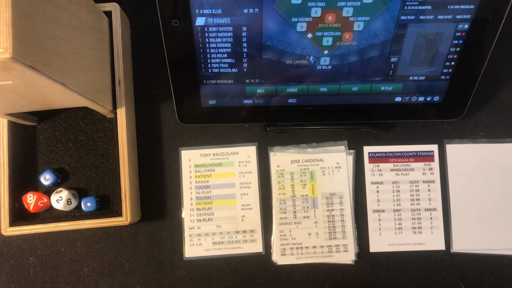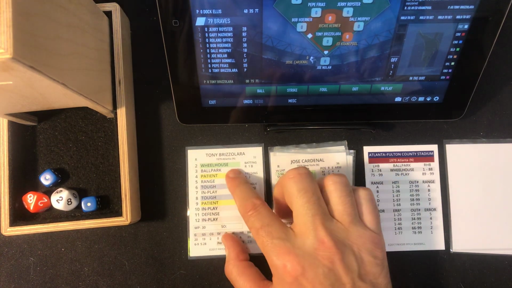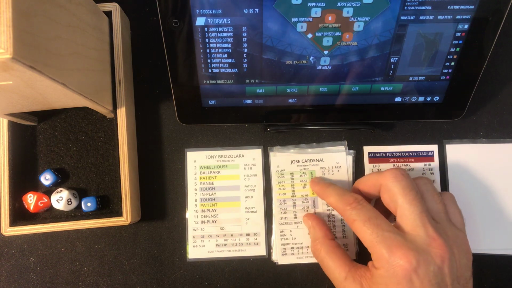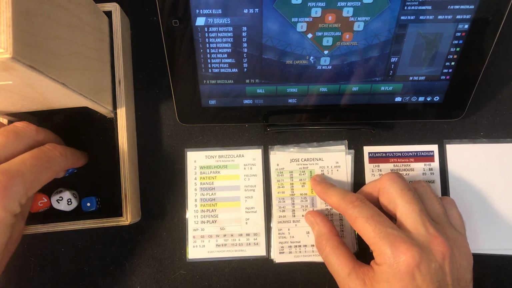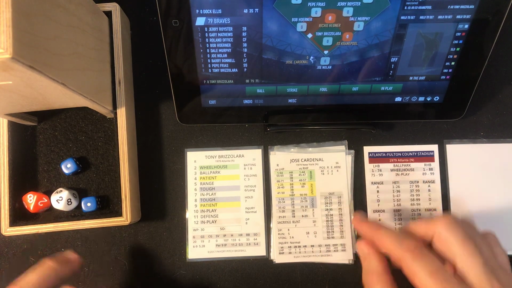Here's the pitch. Snake Eyes, basically exactly what we wanted. Wheelhouse. This is going to give Cardenal against a righty a 1 to 44 chance, or a 44% chance on the roll for it to be a home run, which is pretty darn good. Our roll is an 82. And that's going to be a